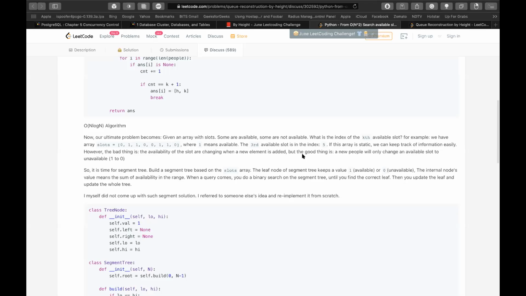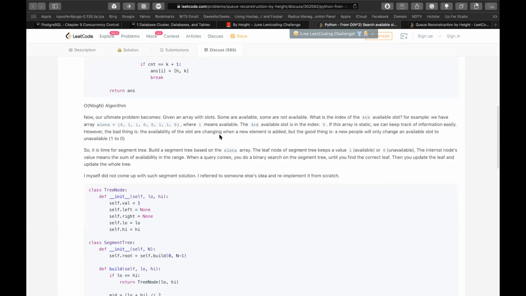To find the index you are using a segment tree. Yeah. So initially all the slots are available. They're keeping the available ones as 1 and unavailable as 0. So initially all the elements are ones, and for the first one, whenever you are picking that slot, it will be equal to that for the first element.